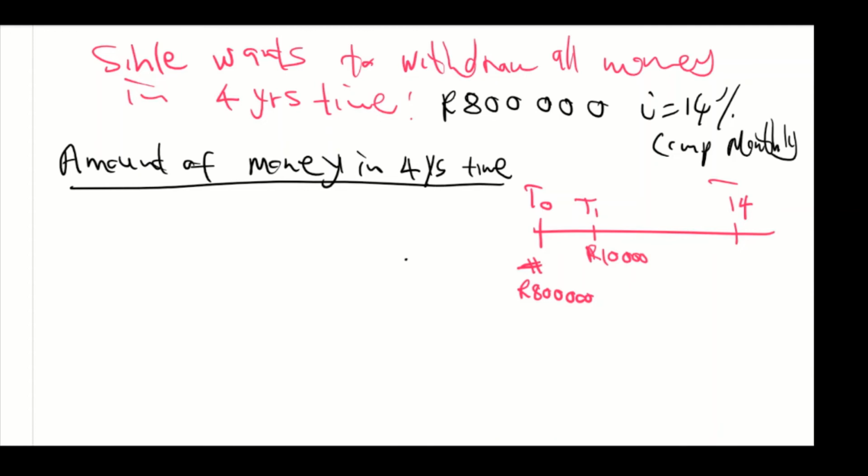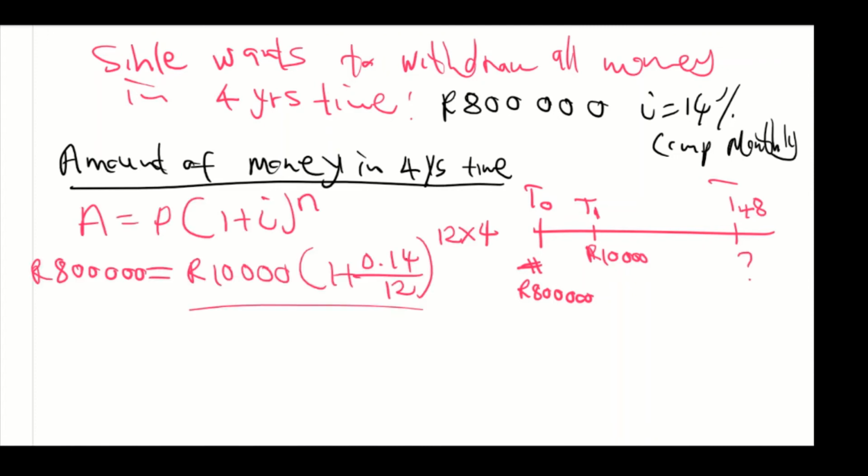So the T1 is in 1 month's time. We want to know, in 4 years, which is going to be T48, how much money is in the account in 4 years' time as he withdraws and continues to withdraw his money. So to calculate the amount of money in his account in 4 years' time,